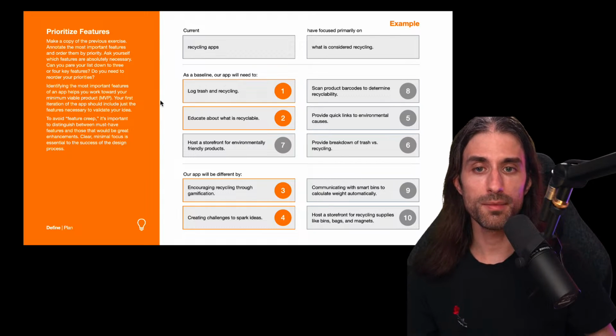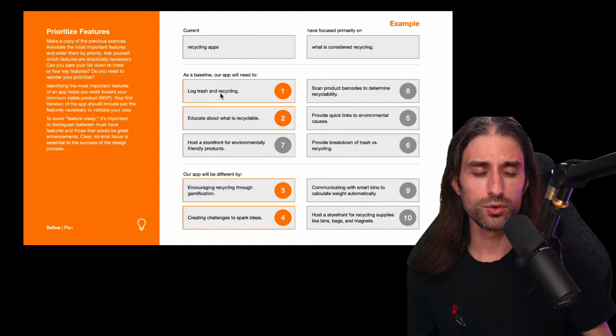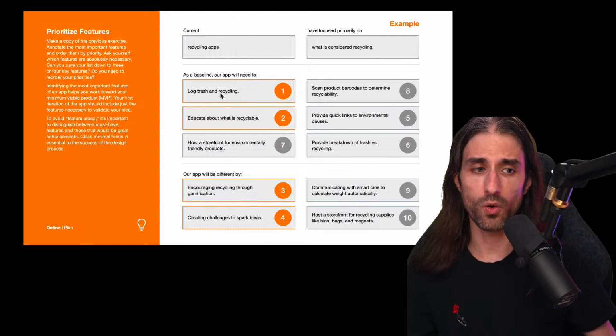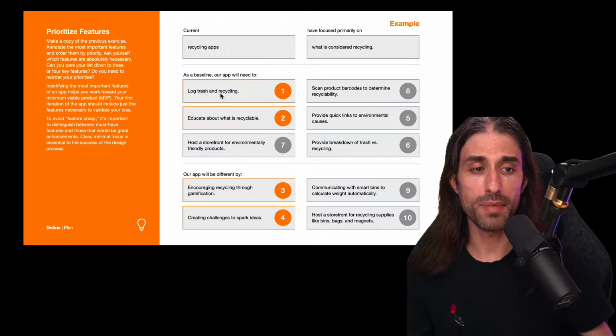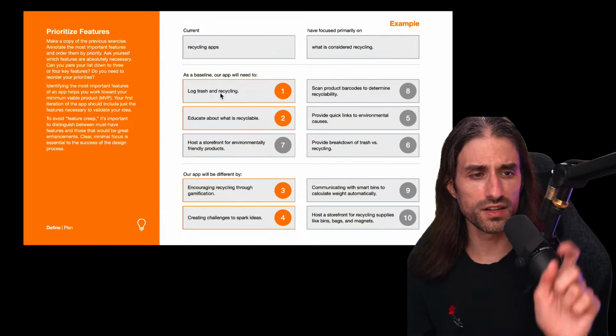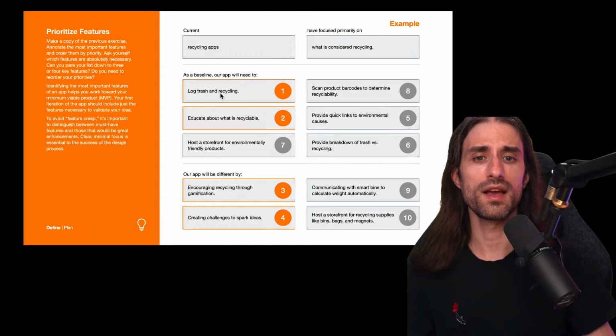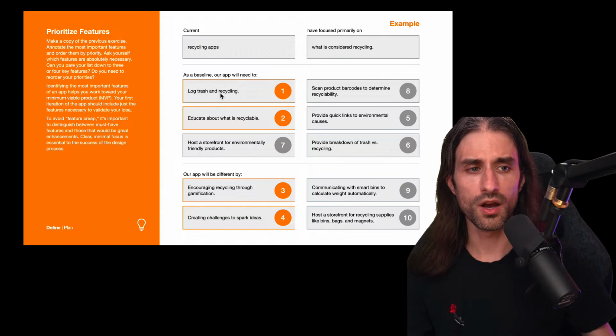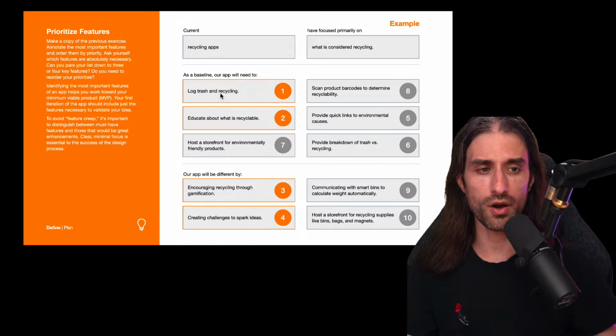On the other hand, being able to log what you trash and recycle can be easy to do. It could be just by taking a picture of it. It could be by writing by hand, having some pre-filled buttons to say, okay, I've put this in the trash, I've put this in the recycle. Like for instance, counting how many plastic bottles or metal bottles you've recycled.